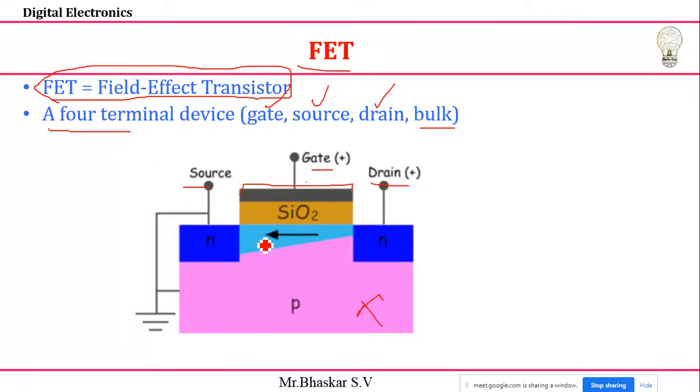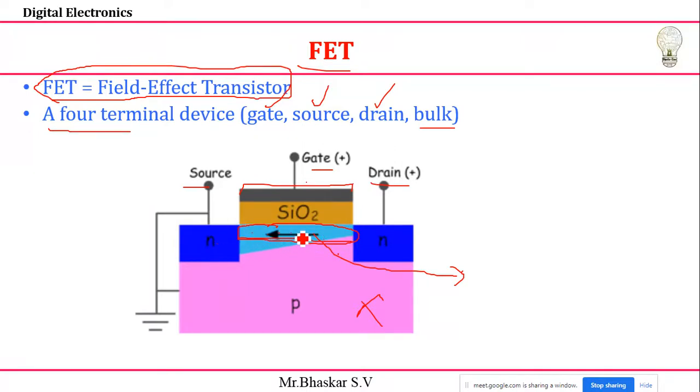Here, initially, suppose I take some layer here, it means it has some voltage. If I take some voltage between the source and the drain, then that type of MOSFET is called depletion type, and that layer is called the depletion layer. If initially I'm considering some voltage, then that type of MOSFET is called a depletion type of MOSFET.